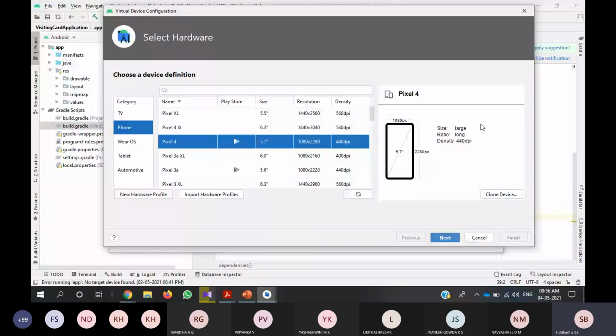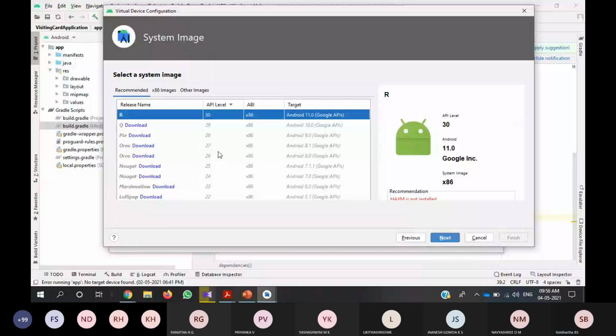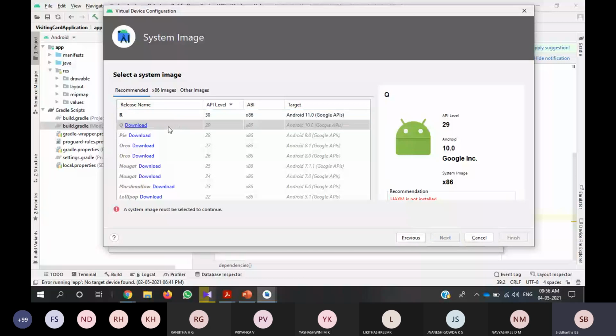If you click next, you will see the API levels. The recommended API level is already selected. You need to install this. Or if you want to go for a lower version, you can select it and download it, but prefer the recommended one.